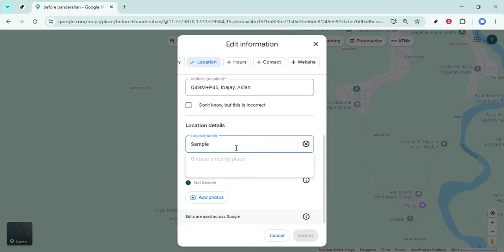Remember, these changes won't appear instantly as they undergo a review process, but rest assured you've done your part to